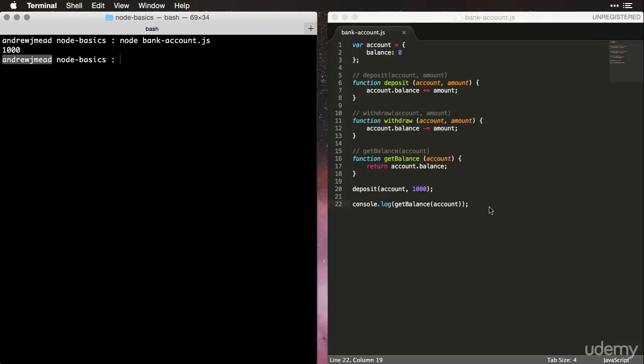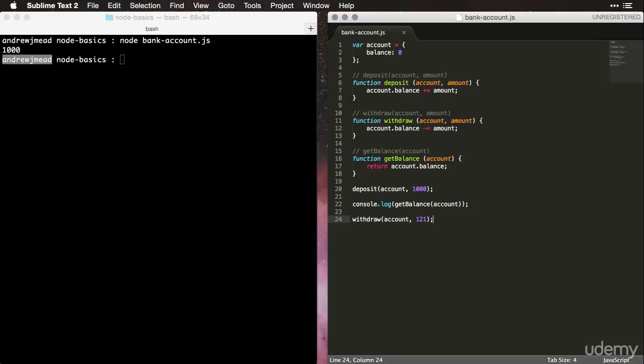Now let's go ahead and withdraw some money from our account. To do that, I'm going to be calling withdraw. Now withdraw takes two arguments, the first being the account as always. We need to know which account to modify. Up next, the money we want to withdraw. In this case, I'm going to pull out $121, put a semicolon at the end, and we have successfully withdrawn